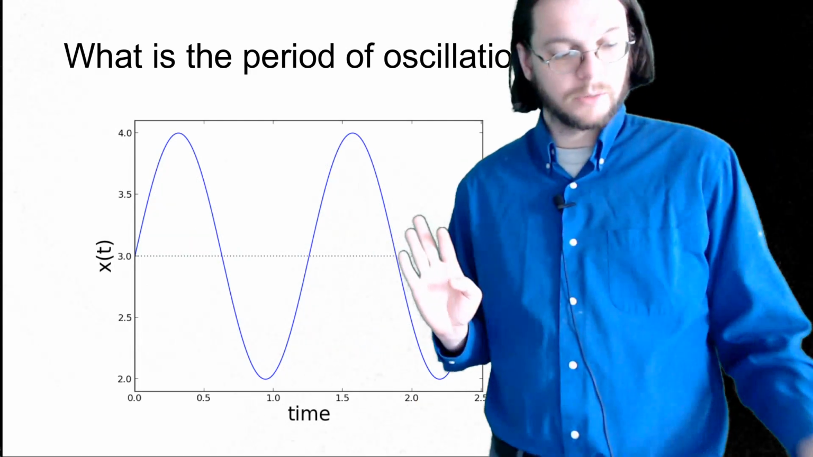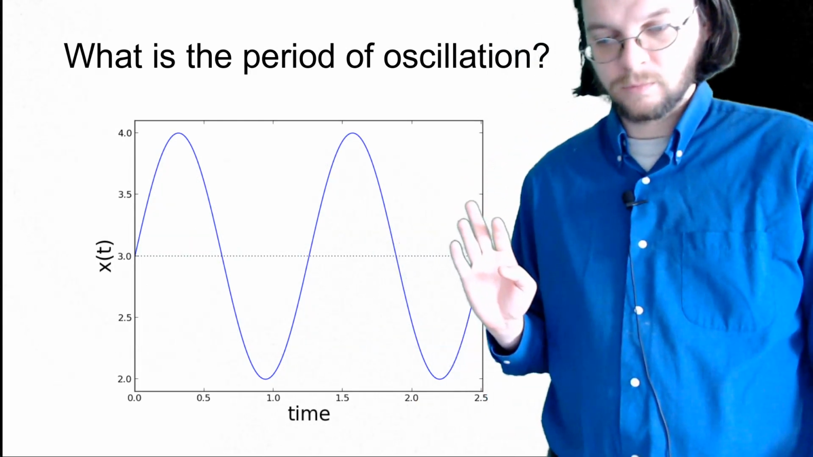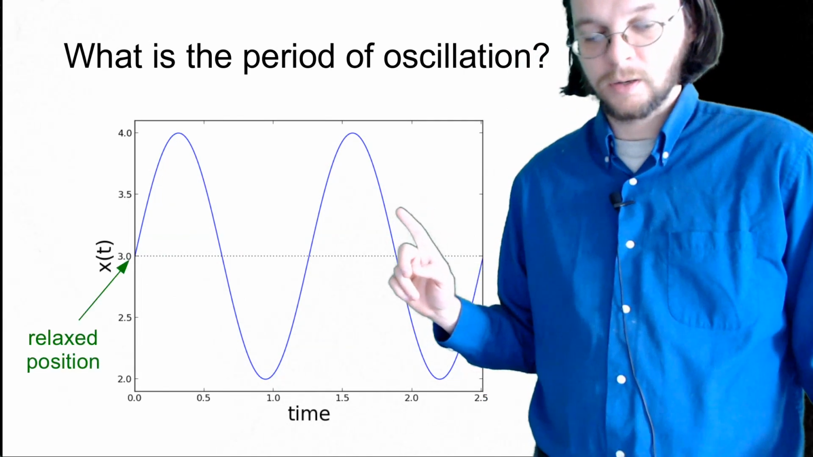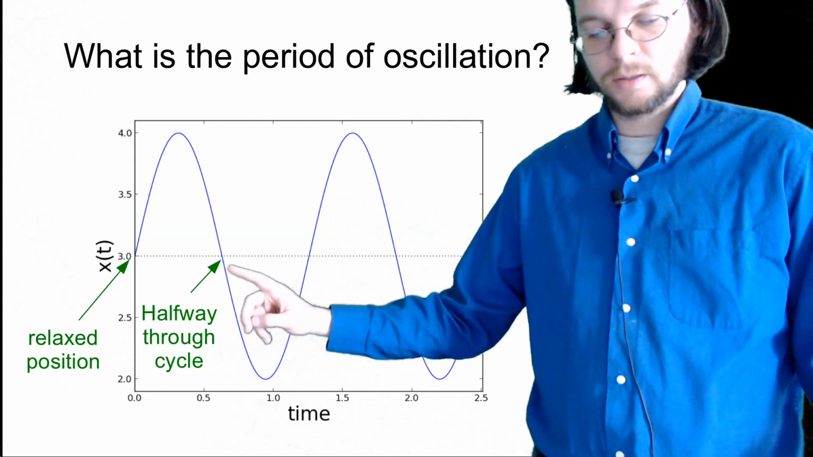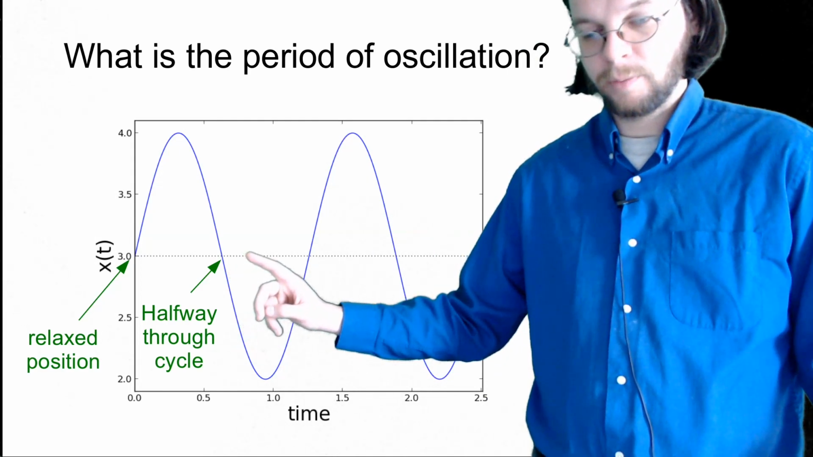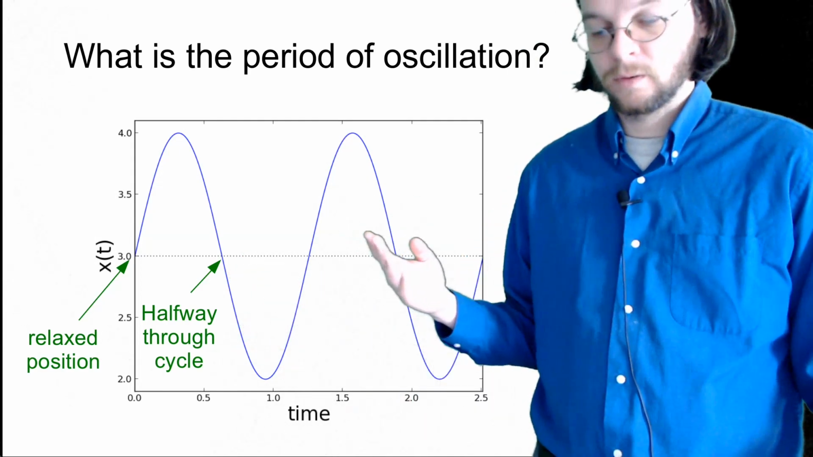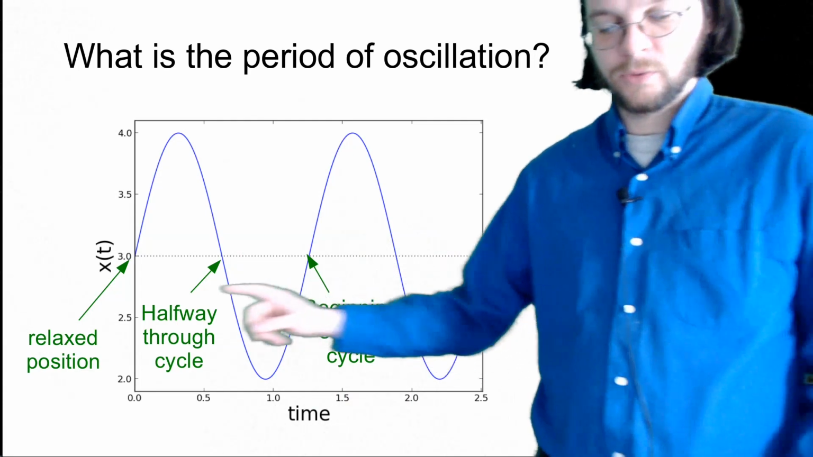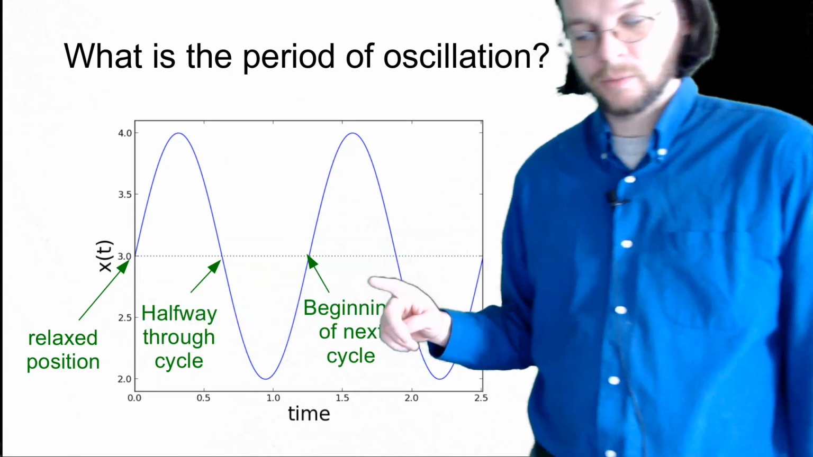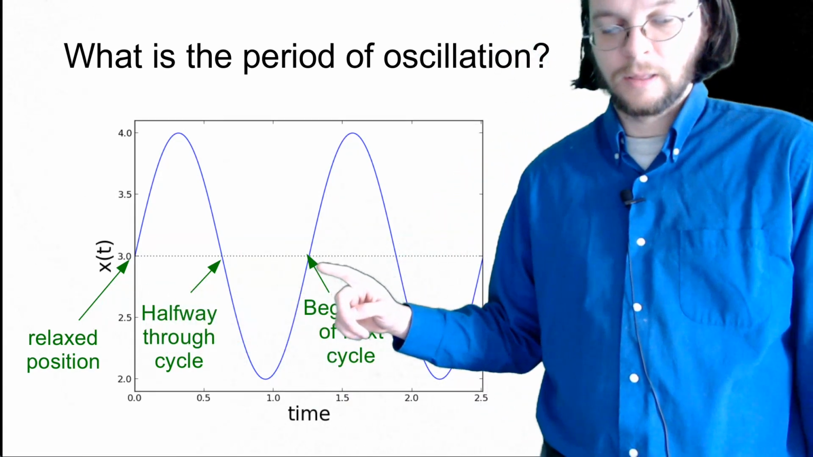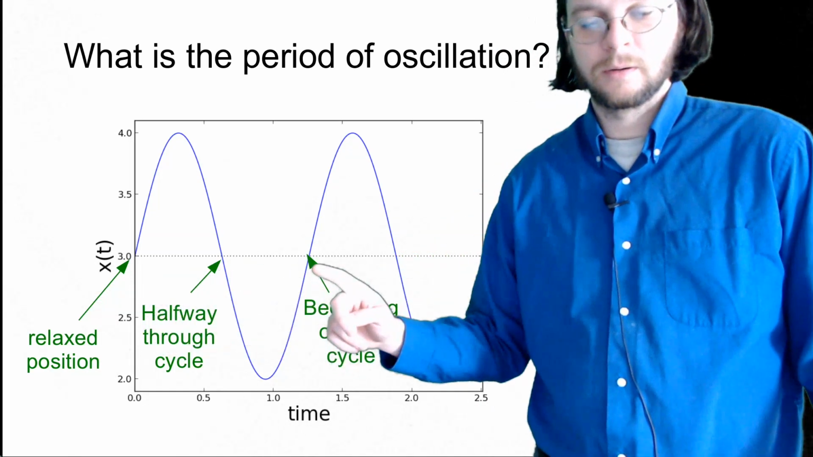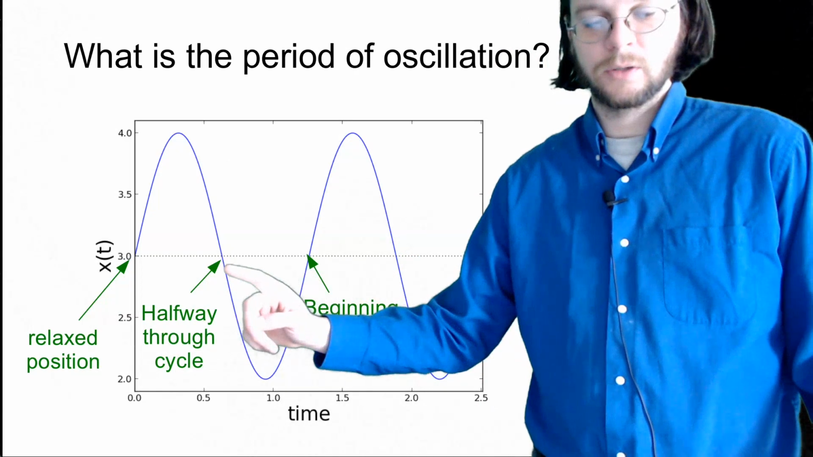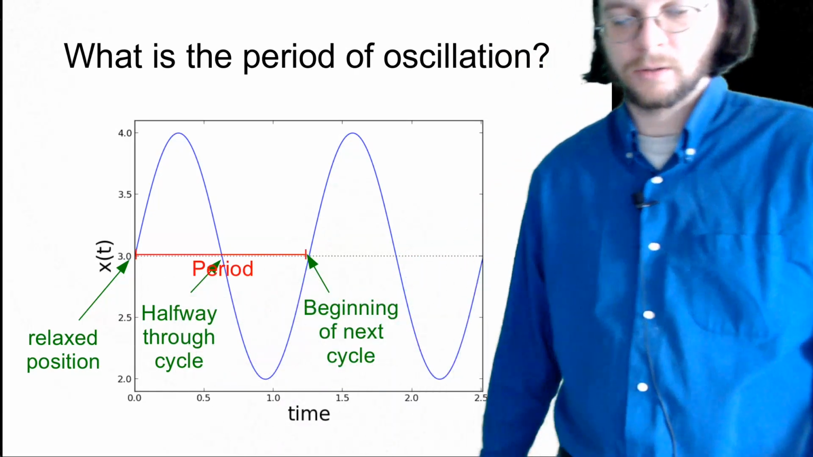there's a couple different ways that physics people could have defined it, but here's the thing: this is only halfway through the cycle. A period is the full cycle. And so if we started here, the next cycle would begin about here. And so that means that this is the period, not just from here to here, if that makes any sense. So this is the